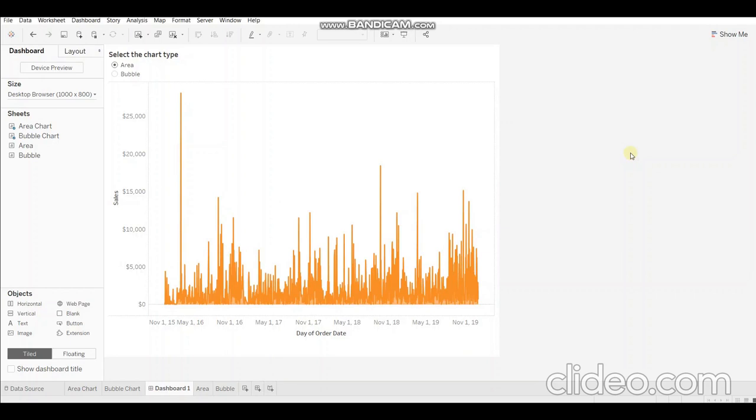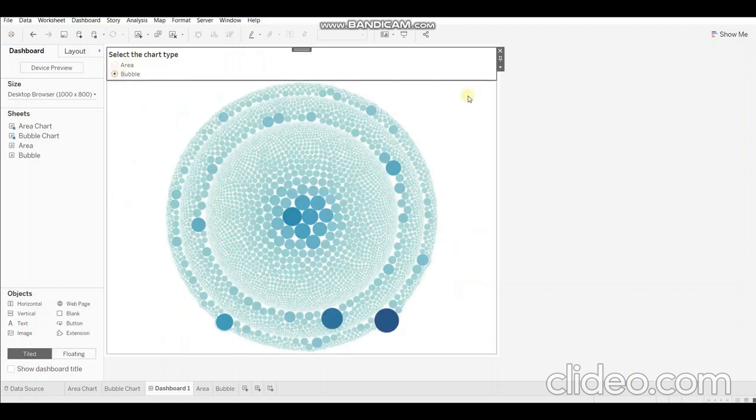Today we'll learn how to swap between different chart types in a Tableau dashboard. I'll also tell you the prerequisites that are required to accomplish this. The intent is to display a particular chart type based on the parameter selection. So if I select bubble from here, see the area chart has disappeared and in that place a bubble chart has appeared. So this would be our aim for today.